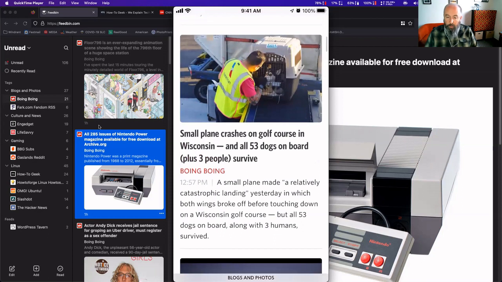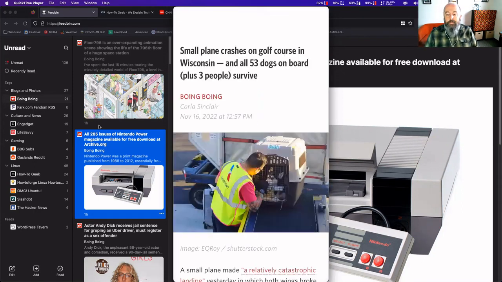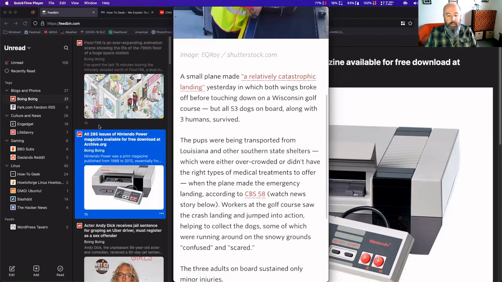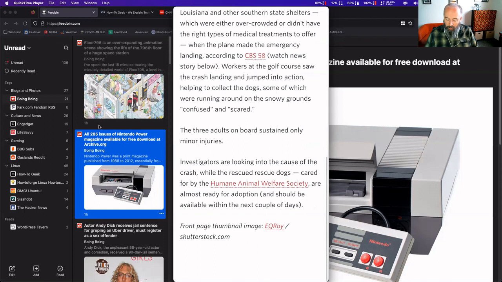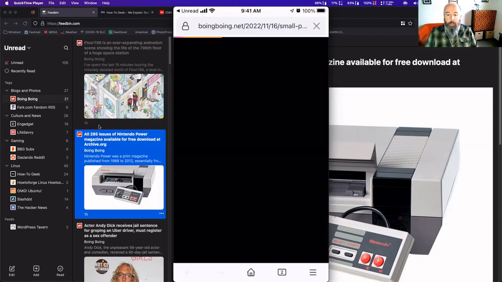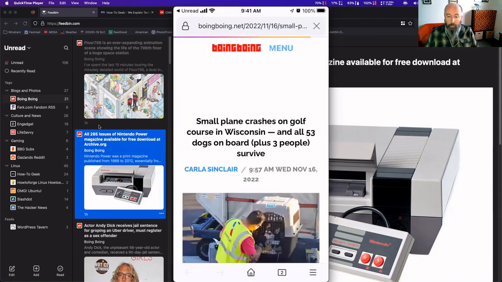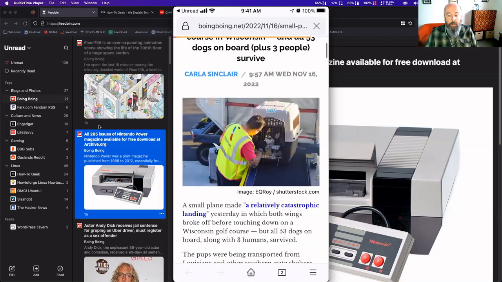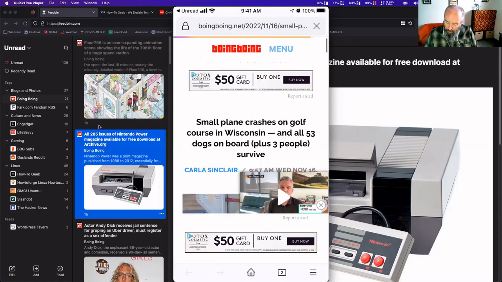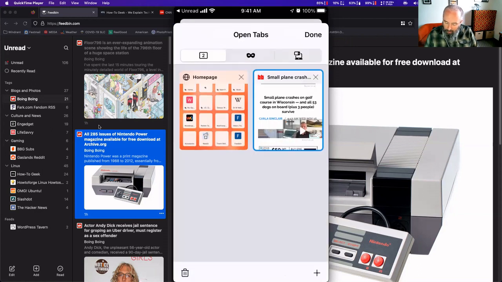If I want to see more about a particular article, I can tap on it and it will open it into a screen so I can read it. And so I get a chance to read through the article. And if I still want to drill deeper and go to the actual website where the thing is located, I can tap the title and it'll open up a browser, in which case then I can read the article directly from the item. So I'm going to go back